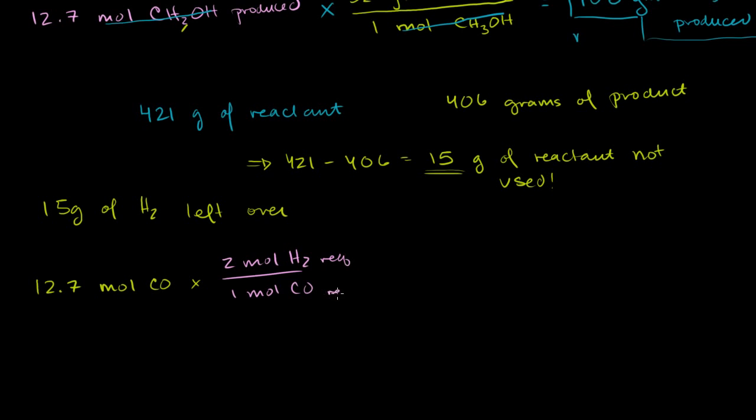So this cancels with that. 12.7 times 2 is 25.4 moles of H2